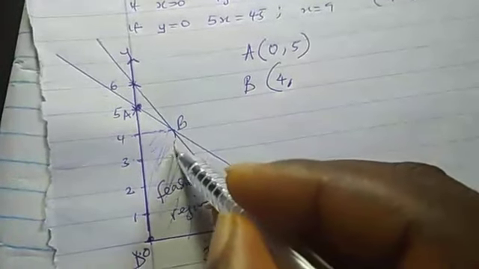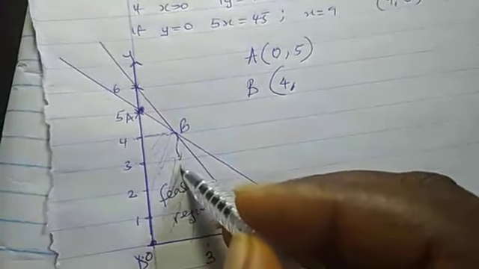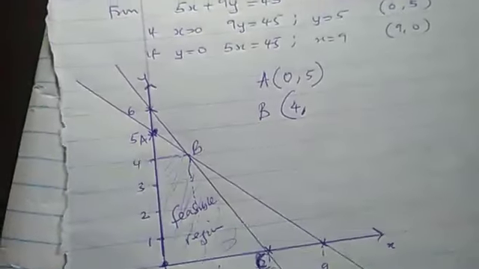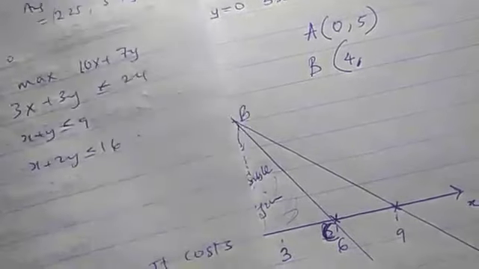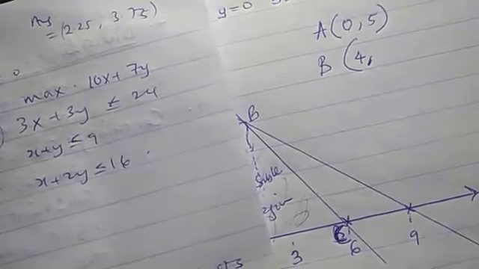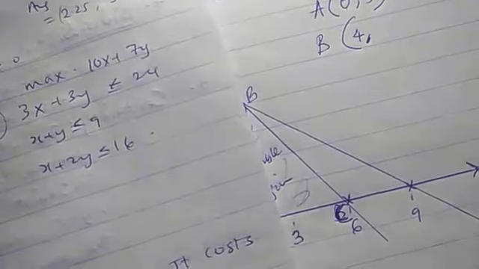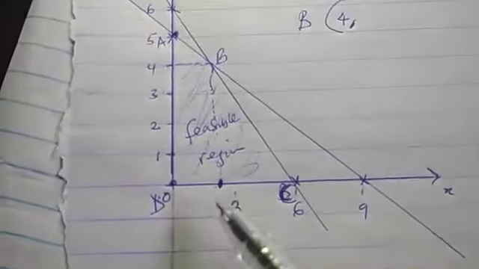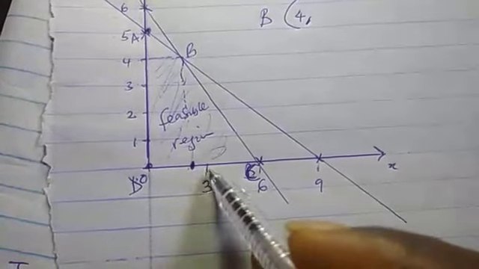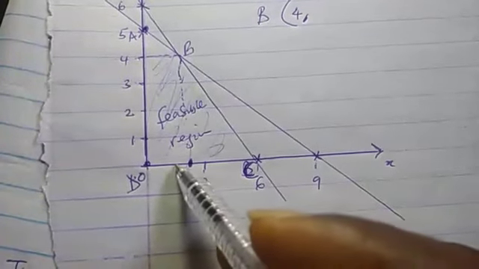If you want to get the value of B here, you can use something straight like this to trace it. When you trace it, it will be somewhere in this place. And how do you know the value? When you are using a graph sheet, you will know what is there. You'll be able to count it, but you see that it's almost equal to 3.